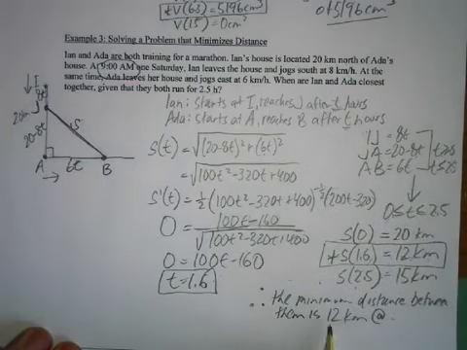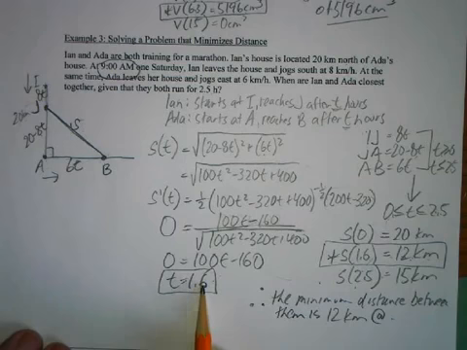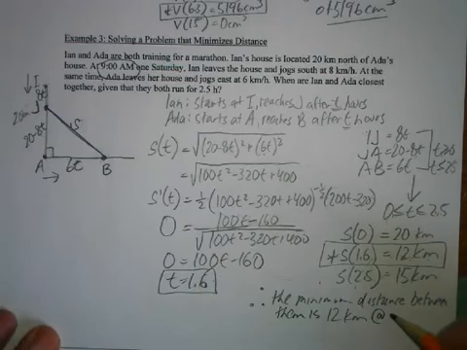So this is where you do your math. 1.6 hours. Don't forget an hour is 60 minutes. So that's 60 minutes, and that's 36 minutes. So 96 minutes. So 96 minutes after 9 o'clock would be 10:36 a.m. So that's pretty accurate.